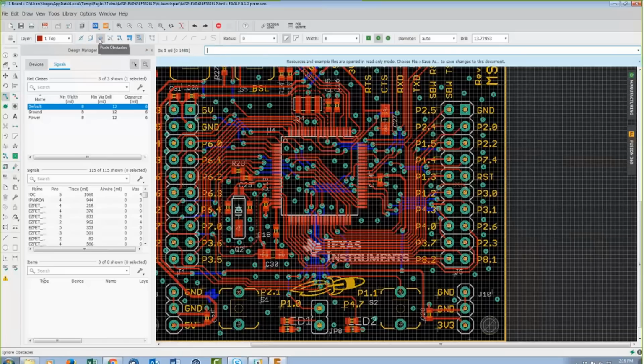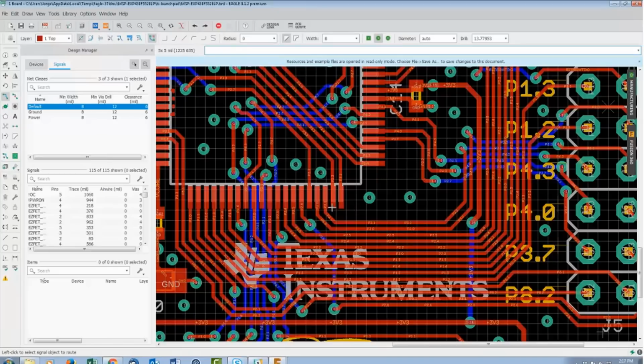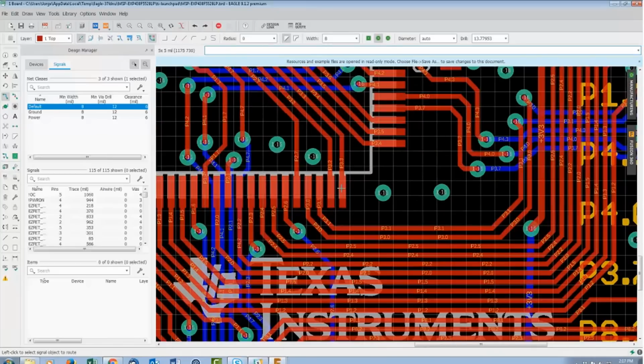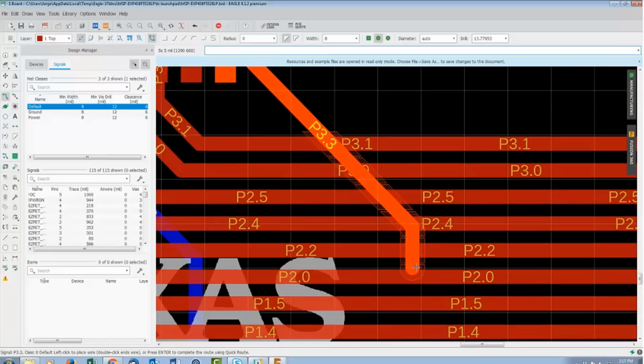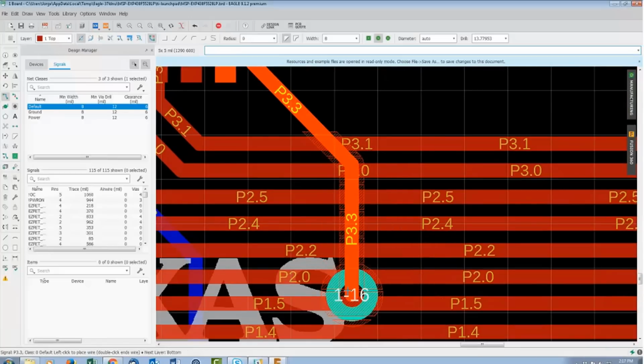So the first 3 icons are the main modes of the new route command. The first mode is full manual. So this is what you're used to if you used EAGLE previously. Basically you can route over anything and everything. Now live DRC will tell you when you do that. So yes, I'm going all over the place. I can go anywhere I want. I can drop vias, and as I'm going and I'm crossing over things, you'll see that the live DRC is